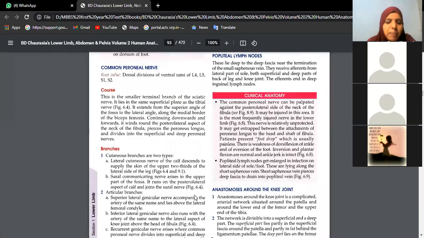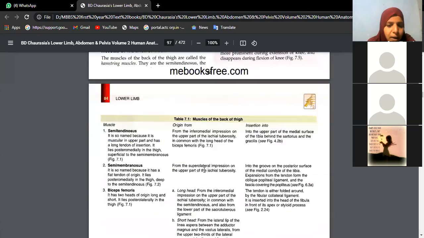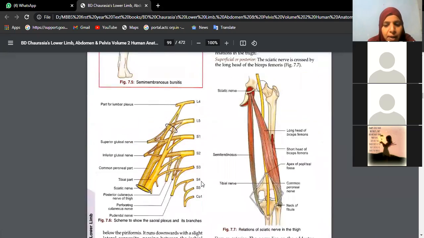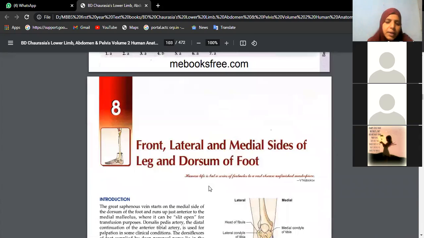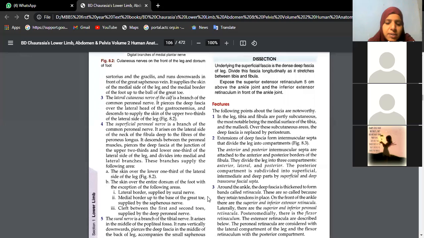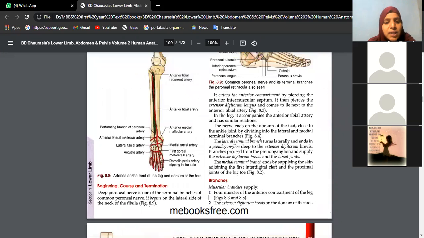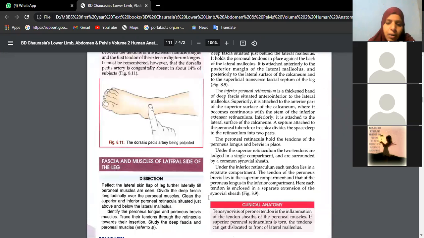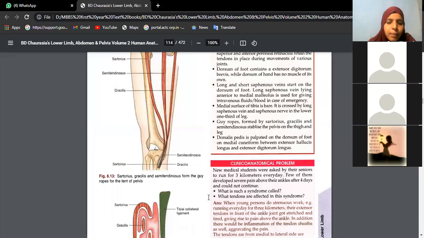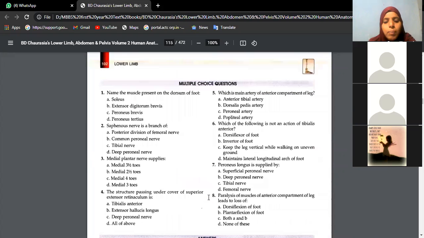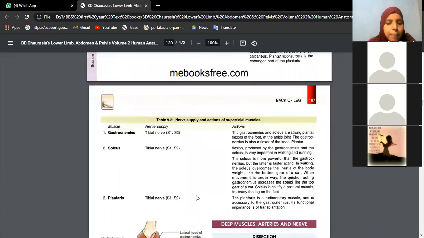Now, systematically, let us talk. I will take you to the picture. I hope you understood how the nerve is formed and the course of the nerve. From between the intervertebral foramina, the lumbar and the sacral nerves join to form the sciatic nerve. It enters the gluteal region running below the piriformis. Then it runs between the hamstring muscles, supplying them, and then enters the popliteal fossa, where in the upper part it terminates into tibial and common peroneal.